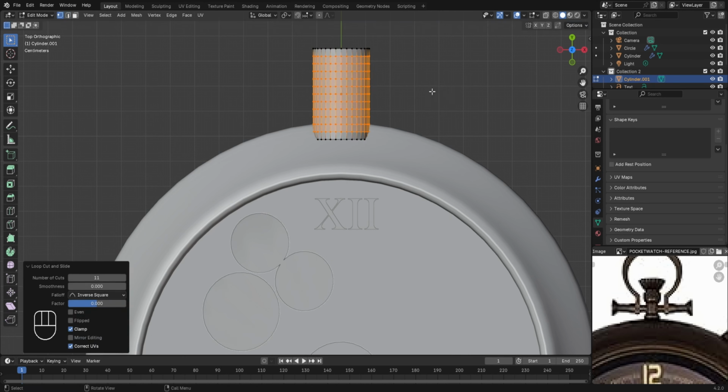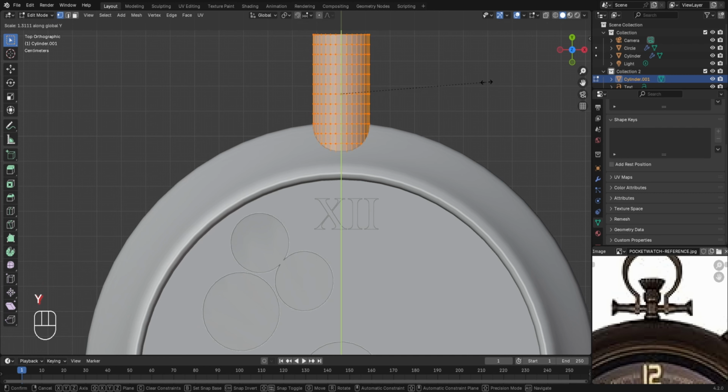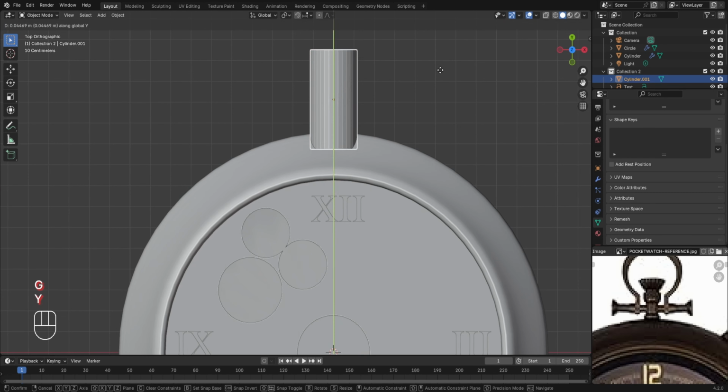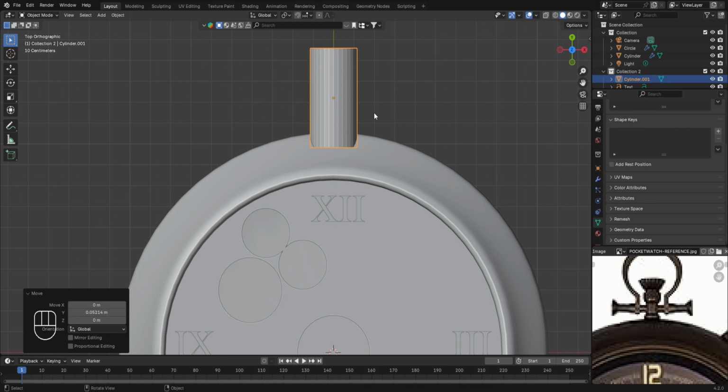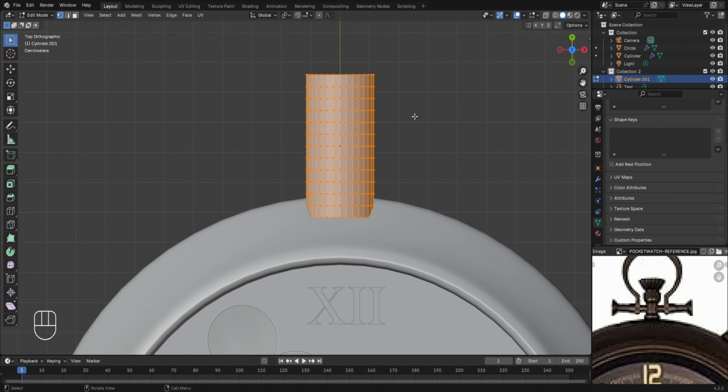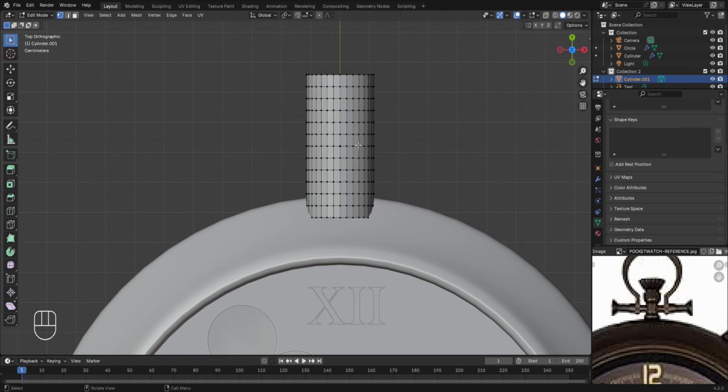Now press A to select everything, and let's slightly scale up more in the y-axis like this. Then I'll go to the object mode and we'll move it up in the y-axis. Now to give it a curved appearance, we'll go to the edit mode, and we need to select only some particular loops of vertices or the edge loops somewhere around the middle region. So for this, let's first deselect everything, and to select this particular edge loop, I'll hold the Alt button and left click on this edge. However, if I try to scale it up, then you will notice that we are not getting the desired results,